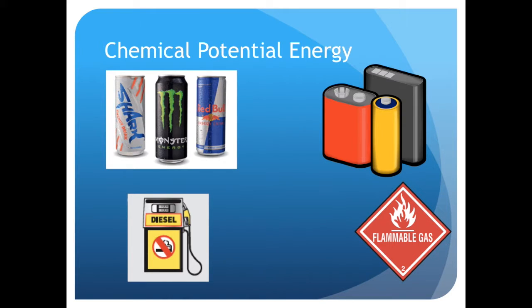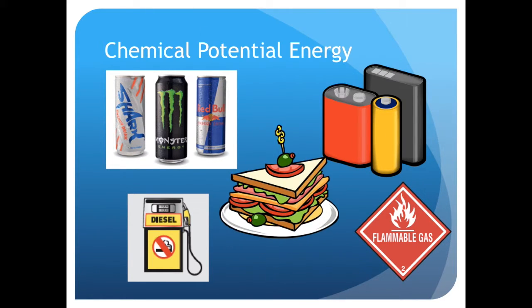Gas is potential energy. Basically, while it's sitting there, it's chemical potential energy. Once it's lit, then it's obviously turning into thermal energy, a different sort of energy, but it's got potential as a chemical. And food, okay, so food has got plenty of chemical potential energy, and then once we eat it, that energy gets transferred from chemical potential energy into muscle kinetic energy and all sorts of different energies in our body.